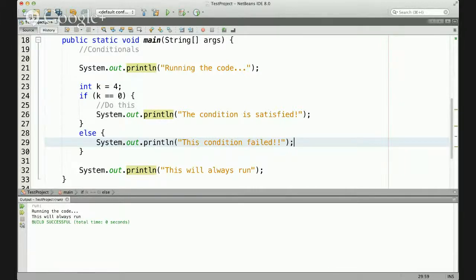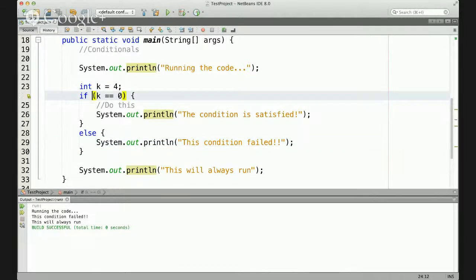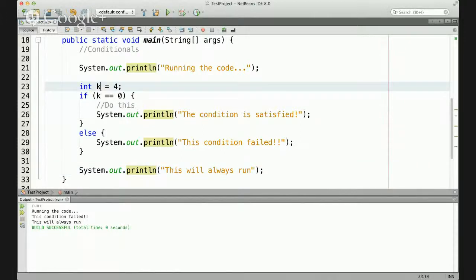See, when I run the program, running the code, condition failed, this will always run. So if, else, and then what follows. So why is this important? Well, you could think of it in terms of, let's say, your bank account. You want to make a withdrawal. So you could say something like,